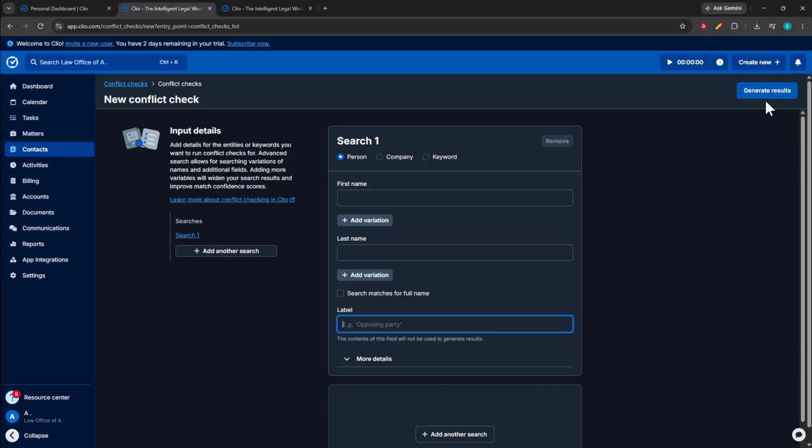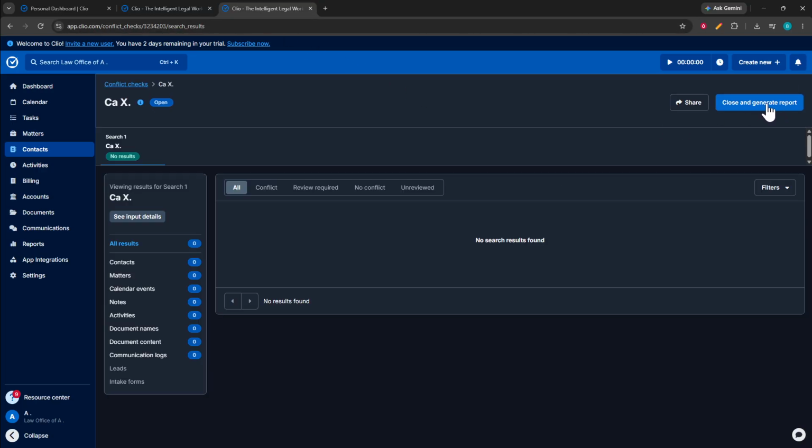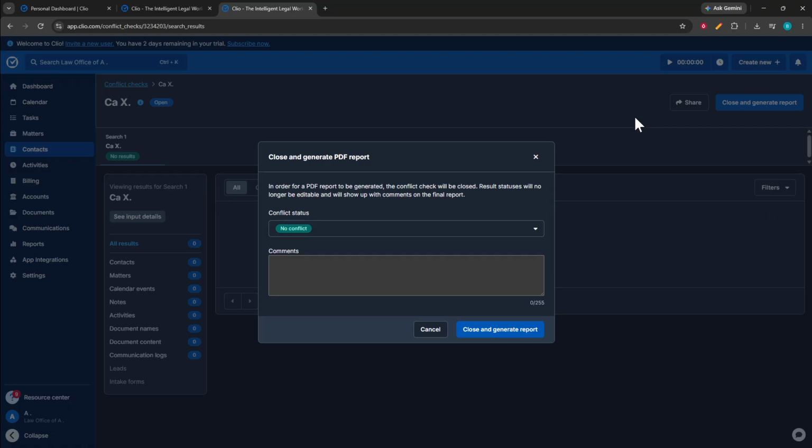Clio Manage will display the results across the categories you selected in your preferences. Review the matches in each available section and classify any results that require review. This step is where you identify records that may need closer attention before moving forward. When your review is complete, click Close and Generate Report. This saves the outcome of the conflict check and creates the report based on the search and classifications you just